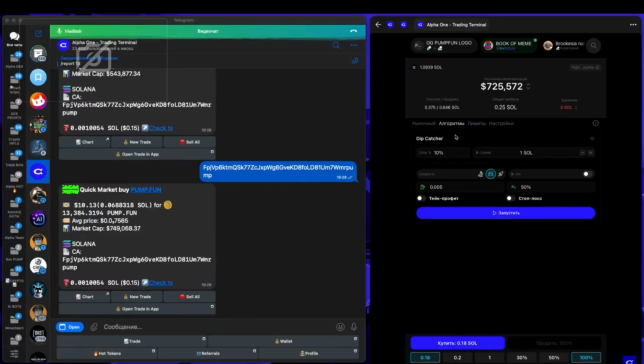And, probably the most interesting thing, we turn to algorithms. A new section that has appeared in the Nitro Mode section. It allows you to automatically trade various situations. And the first algorithm that we have is called Dip Catcher, which works in such a way that we see the market capitalization is jumping. We just saw literally 10 minutes ago, the capitalization of 1,300,000. Now the capitalization is 400. And we know that there are situations when the token chart